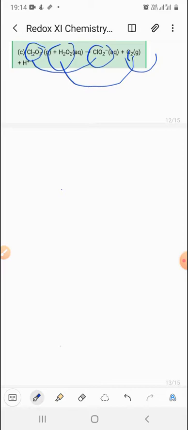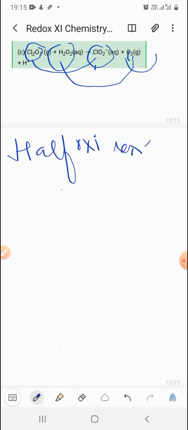You can do this by calculating the oxidation number or just by looking at the number of hydrogens or oxygens, whether it is decreasing or increasing. Fine, by this idea you can judge. So we have already judged that the chlorine is going reduction and the oxygen of H2O2 is going oxidation. So I'm basically writing the oxidation half reaction. Now you have to write the half oxidation reaction. So I'm considering the half oxidation reaction first, which is